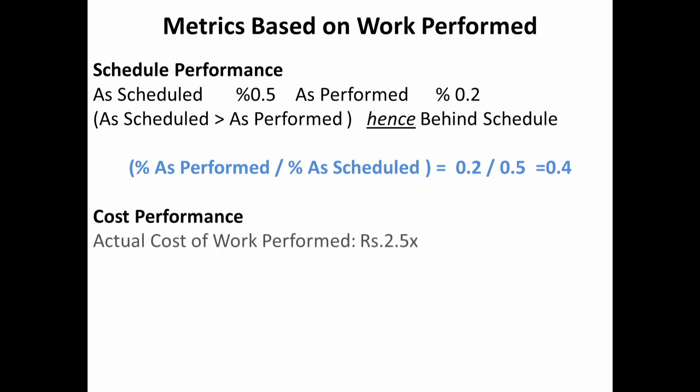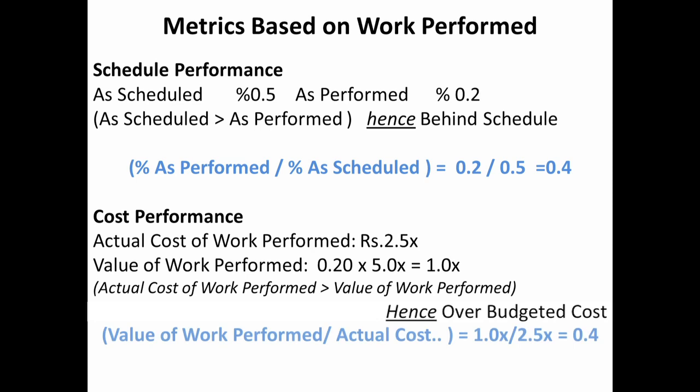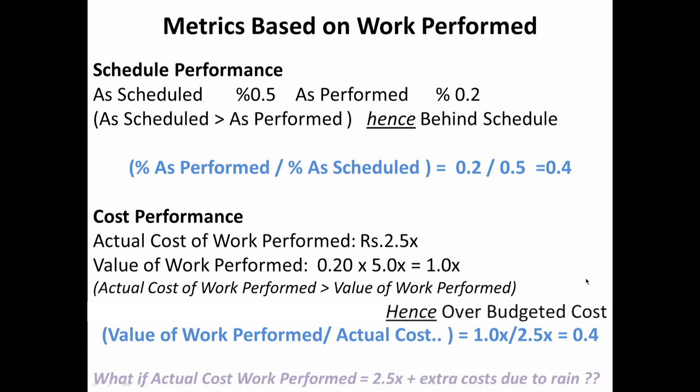Similarly for cost performance, we have the actual cost of work, we have the value of work, and we can now have a ratio of the value of work performed divided by the actual cost, and this ratio will give us an indicator of the cost performance of the project. Now in this particular case they happen to be equal, but that need not be so, as we will see later. Because everything was linear, they happen to be equal,